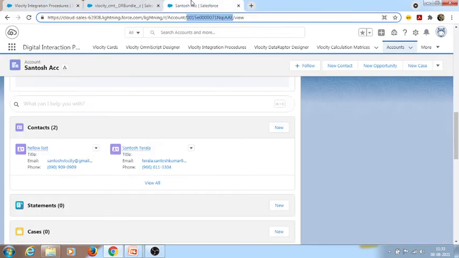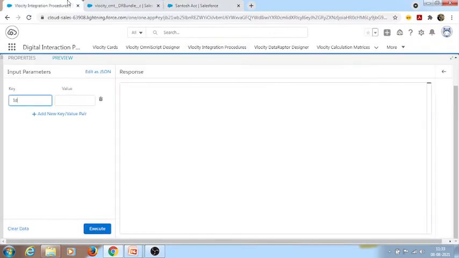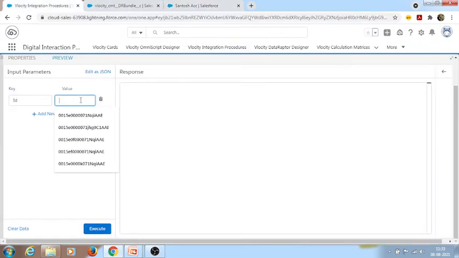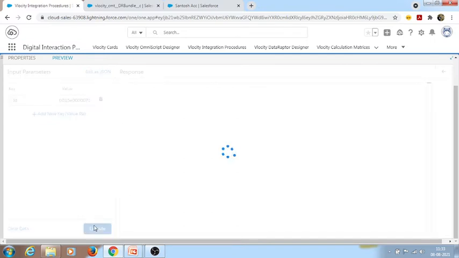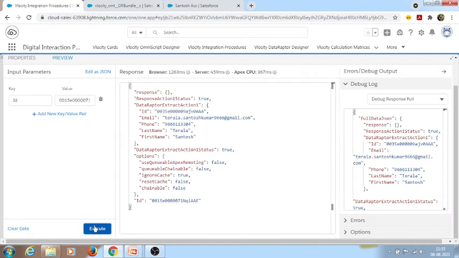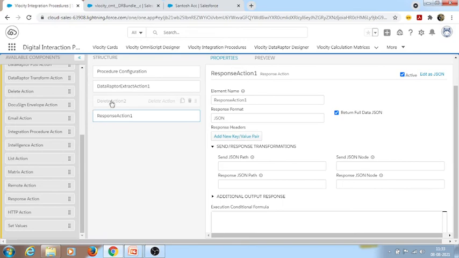I need to pass account id, as I said previously. Now if I click on execute, only the filter I have applied, so I'll get only one record. See, we can access this id with the data wrapper name colon id, and that same id is what I'm using in the delete action.